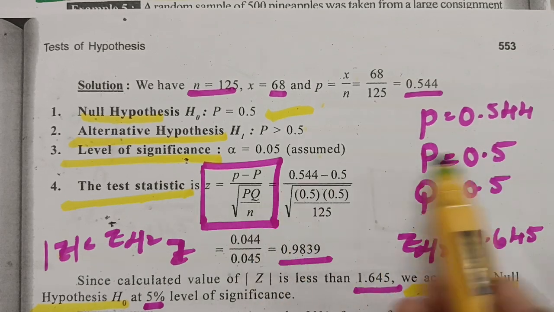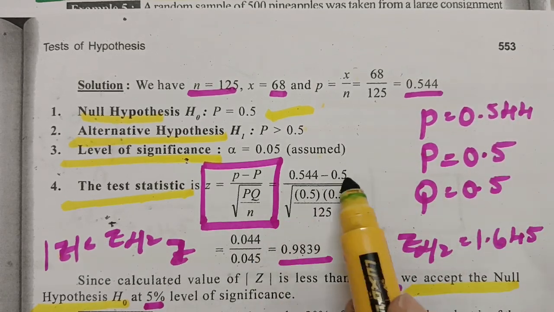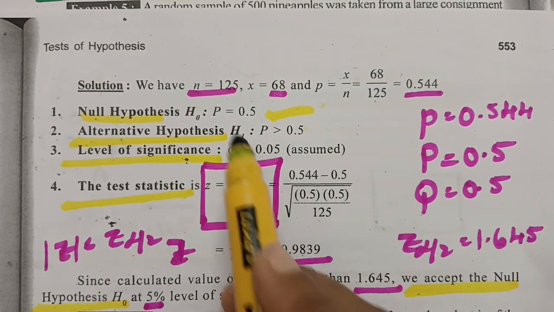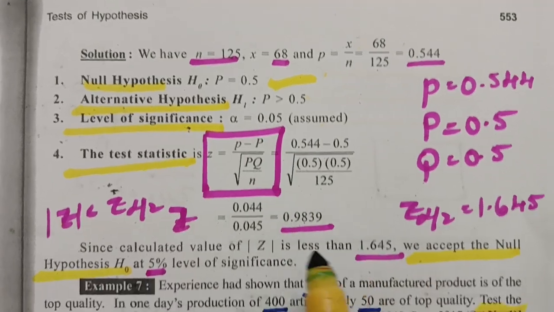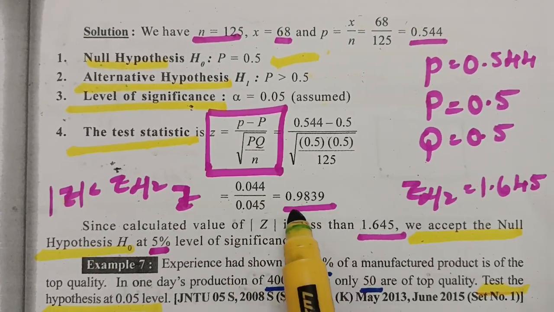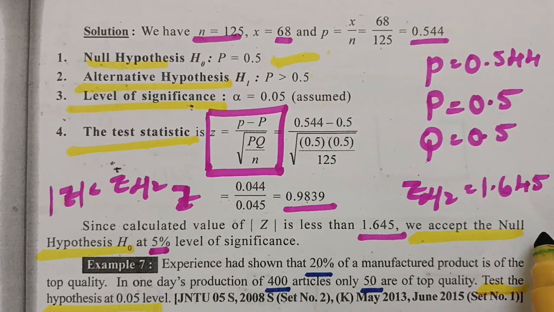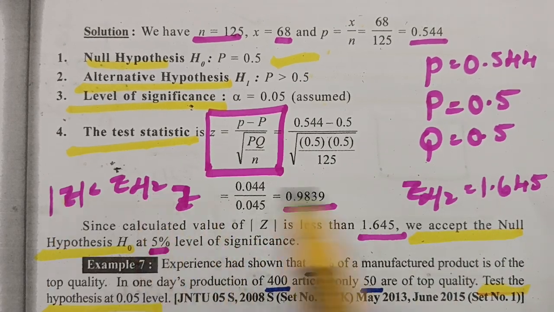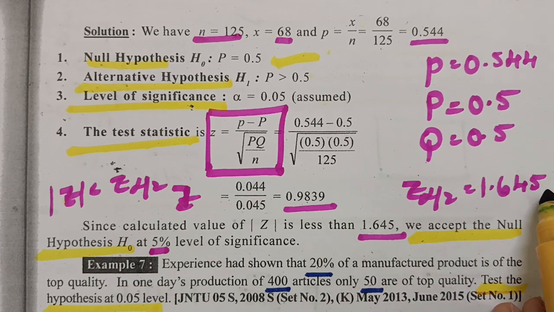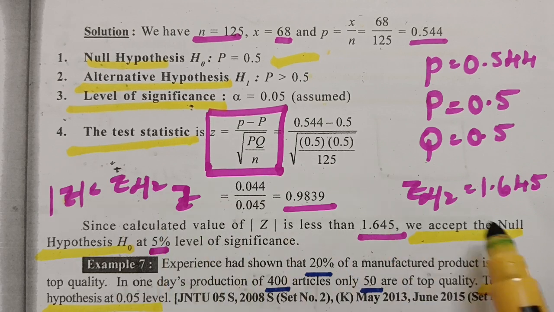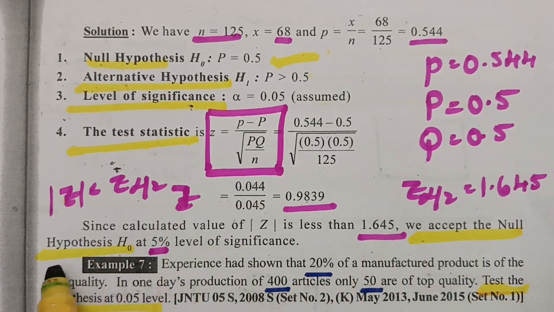0.544 minus, what is capital P? 0.5 by root over PQ, 0.5 into 0.5 by N. What is N here? That is 125. After using your calci, the value here is 0.9839. So here at 5% level of significance, Z alpha by 2 value is 1.645. Clearly, the calculated value is less than the tabular value and therefore we accept the null hypothesis at 5% level